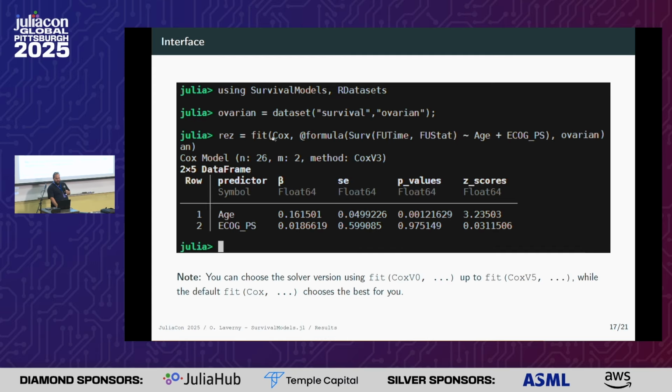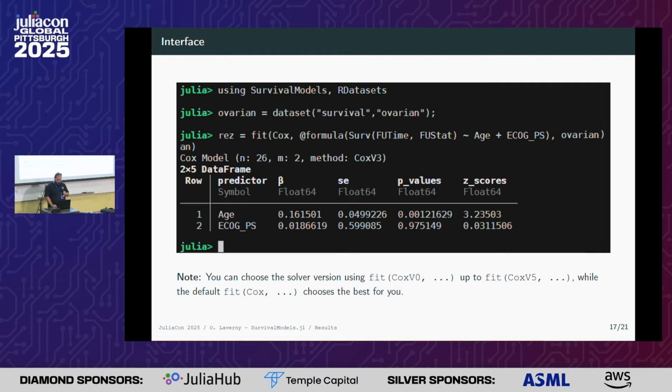we have a simple fit function with a fit of Cox. You put a formula in here and then the data set, and it outputs the results in this form with the name of the predictors, the betas that were fitted, their standard error, some p-value for the test that you should include or not the variable in the fit. And with that, we hope to be able to grab some of the users, because the interface will look like what they